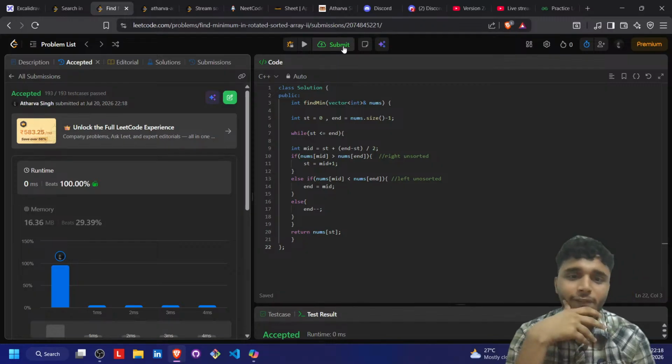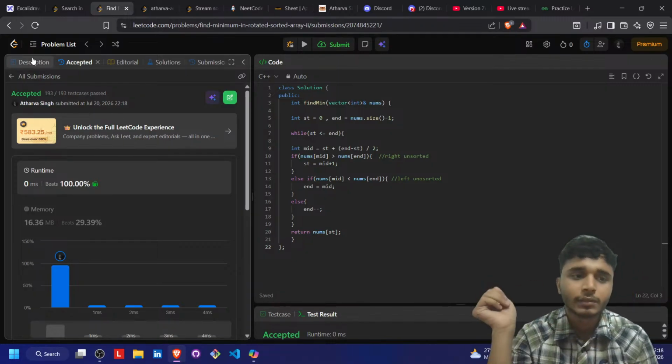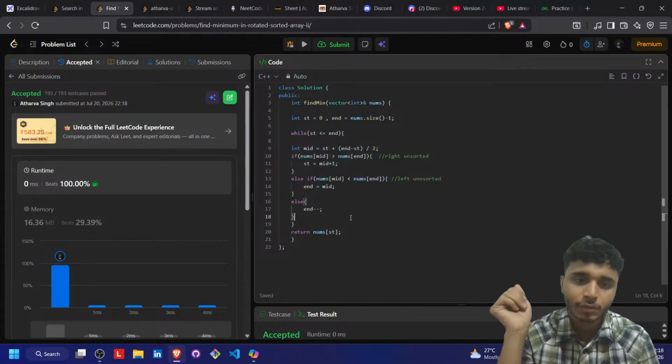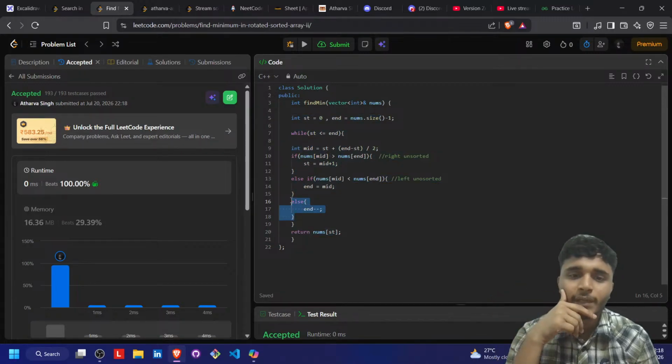Its time complexity will be big O of log n, I think, because we just use simple binary search. And the third condition was that if mid is equals to,